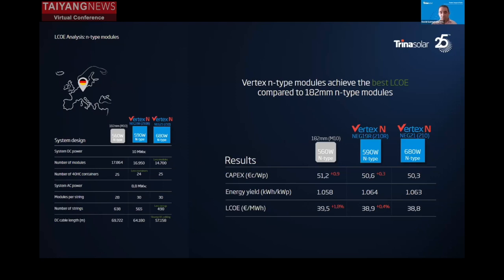But apart from the discussions about whether the figures are done well or not, for us the interesting message here is that the potential savings in the capex are not related to the technology of the cell. It means whether you are using P-type or N-type. The potential savings in the capex are strictly related to the wafer size that you are using in your modules. So as far as you increase the wafer dimensions, you will realize